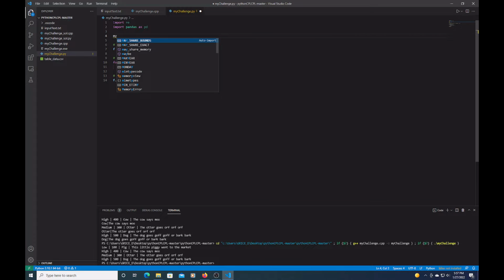I'm going to say my dictionary is equal to, inside of here, I'm going to put severity, and then I'm going to just put the data in. So I believe it was high, actually it goes high, high, medium, low, high, high, medium, and low. And then I'm going to put the level,